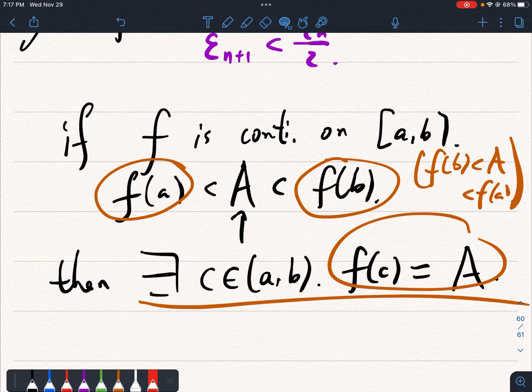We can also use it in different ways, but for now we just understand what the intermediate value theorem is, and later maybe we'll do some exercises. So in the next video